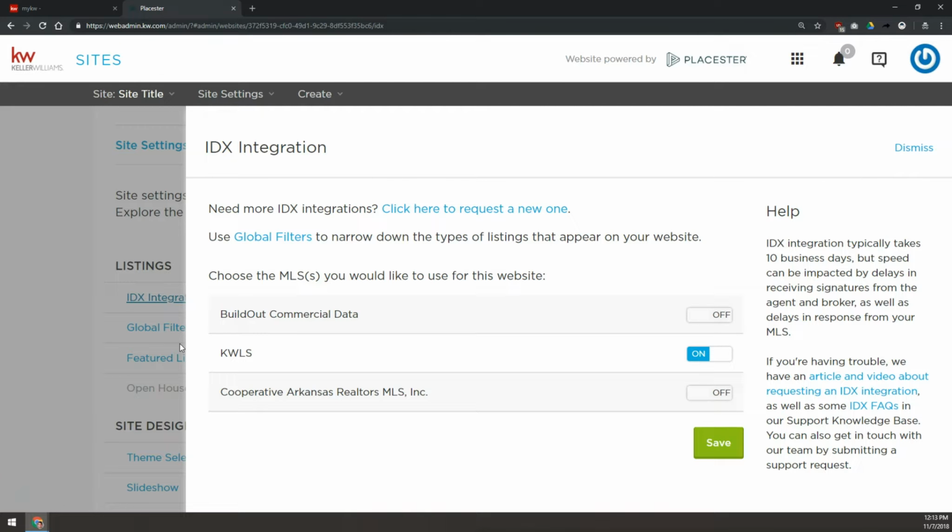So what we would want to do is, and this is a funny thing that's happening with Placester in the last couple of weeks, and this is the best way that we've found to deal with it. By default, the KWLS is on. If we click on this switch, it'll turn off, and now we have to go save this. We used to be able to just turn the other one back on and it would be fine, but now